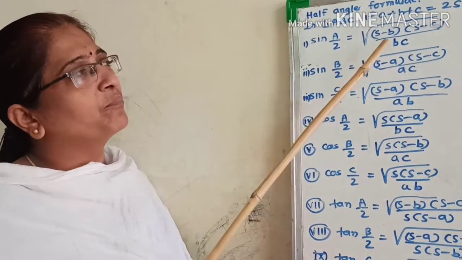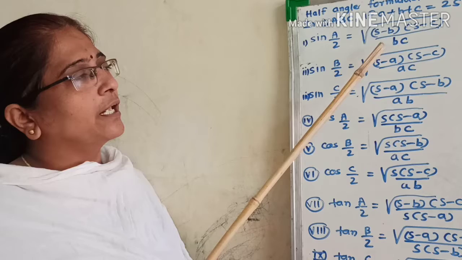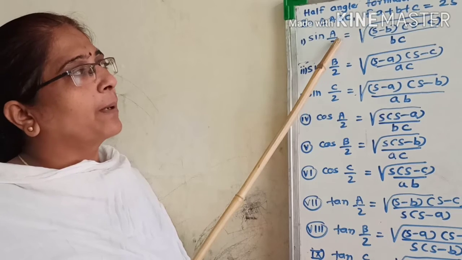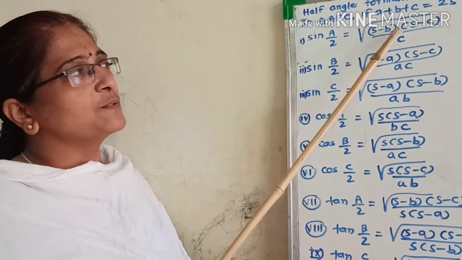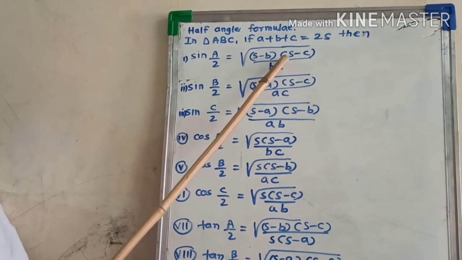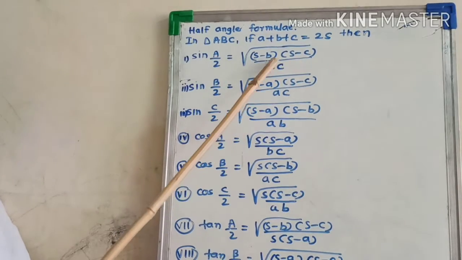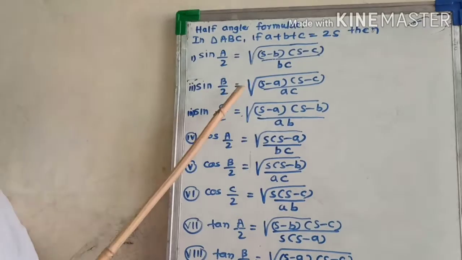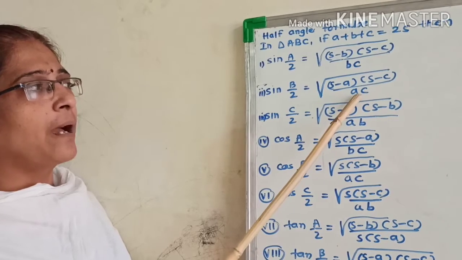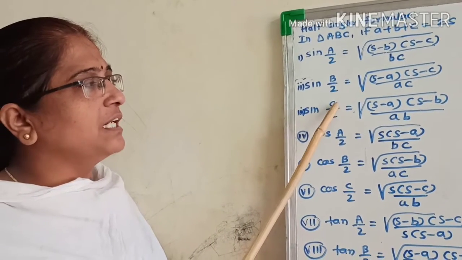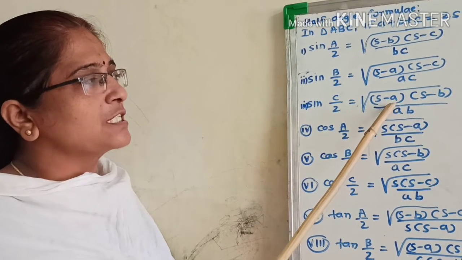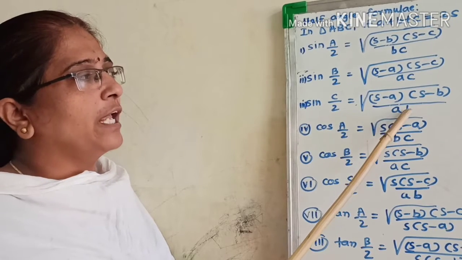how will you keep this formula in your mind? So see here, angle, अभी ये देखो ये sin A by 2 है ना, तो A को हम यहाँ पे स्किप करेंगे, S minus B, S minus C upon BC, है ना. A को छोड़ के B and C लेंगे, S minus B, S minus C, और denominator में भी क्या है, BC. अभी यहाँ पे B angle है तो B को skip करके A and C, और ये यहाँ पे नीचे भी AC. Similarly C पे अभी यहाँ पे देखो, C को skip किया है, S minus A, S minus B upon AB.